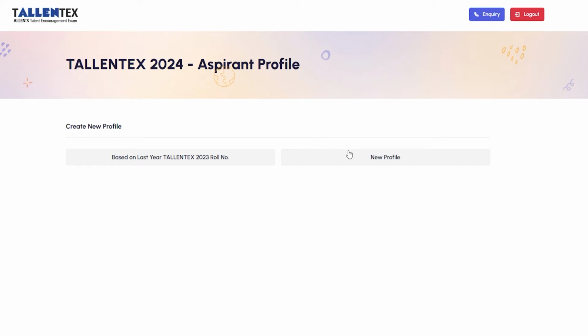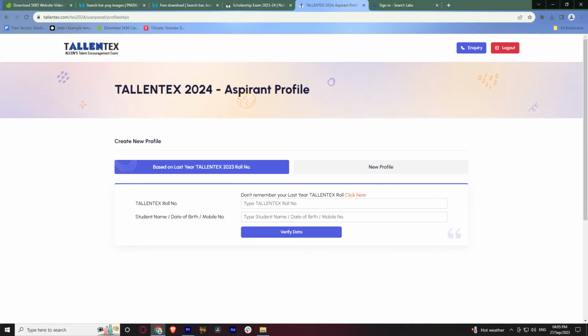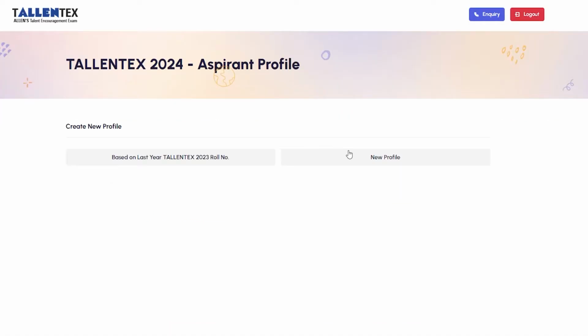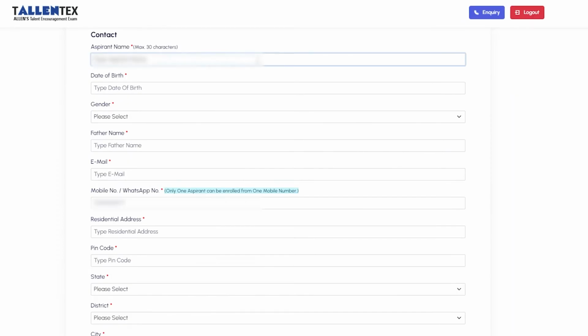For that, there are two ways. First, if you have already appeared in Tallentex 2023, then you have to just enter your Tallentex 2023 roll number and student name, date of birth, mobile number and get the data verified and continue the process same as last year. Second, if you want to create a new profile, then select New Profile and fill in the details like